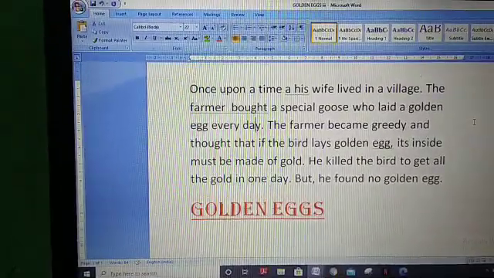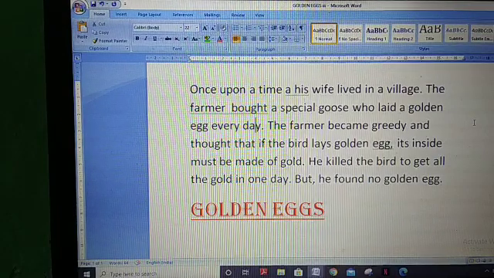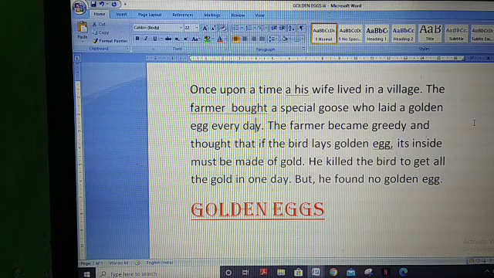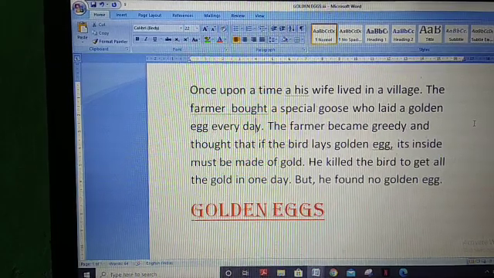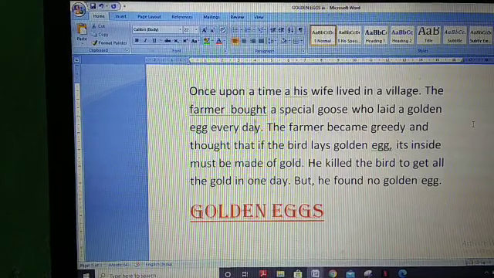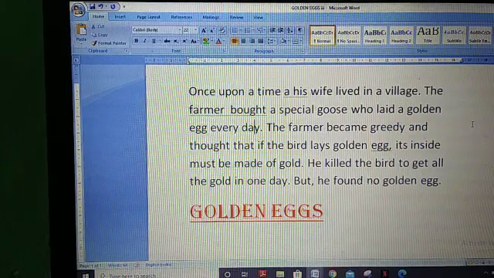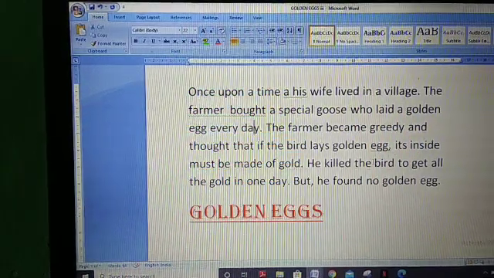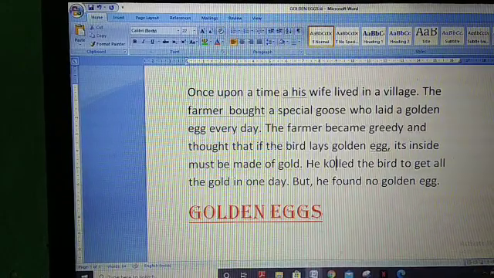To correct spelling, two steps you have to follow. If you have to correct spelling in the whole document, let me do some misspelled words here.